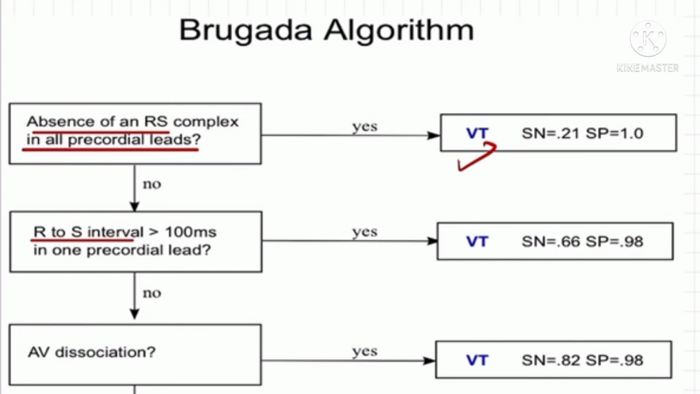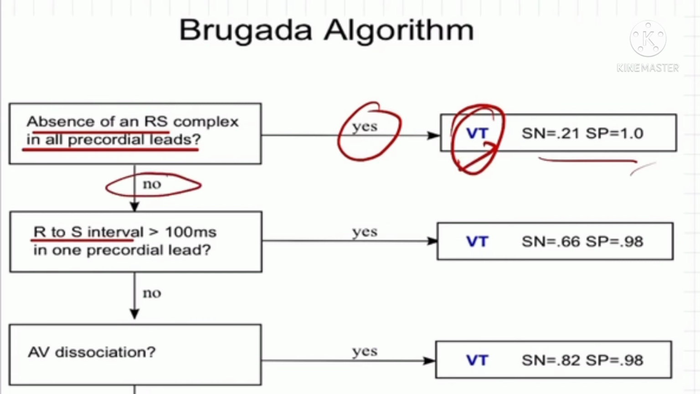And first thing, if this pattern, that means absence of the RS pattern or presence of the positive or negative concordance, more likely the VT. This some data, this show the specificity or sensitivity, this one. If this is not, that means there is a RS pattern is there, then we suggest a more feature of the VT. Then we see the R to S interval, that means more than 100 millisecond, more than